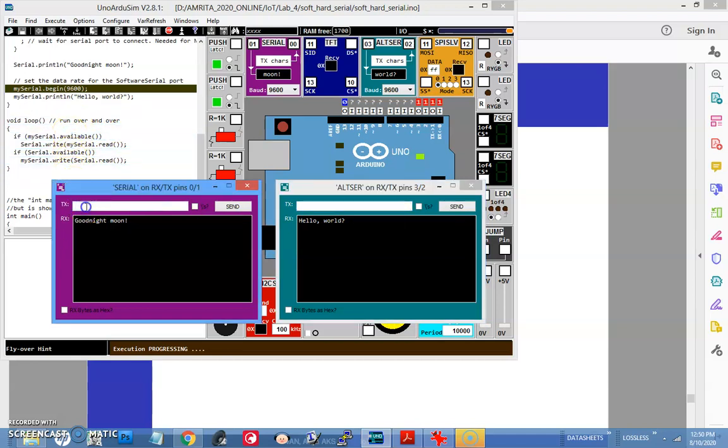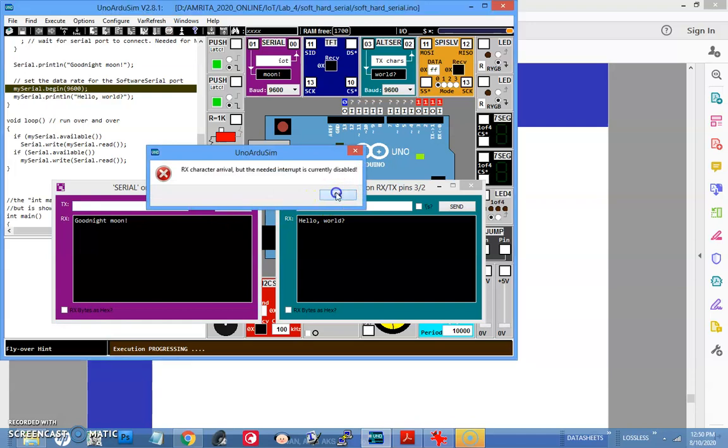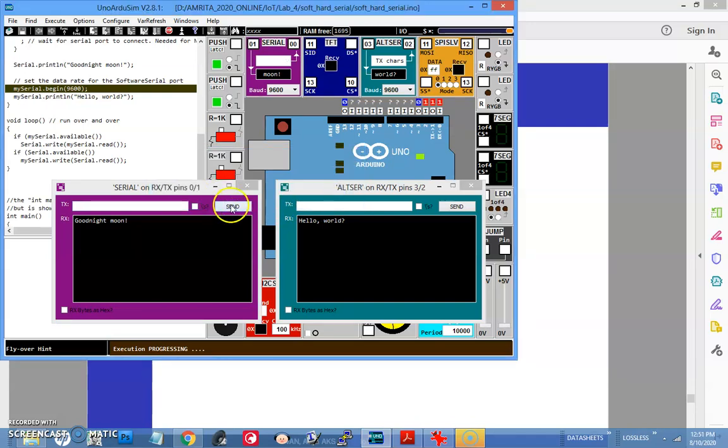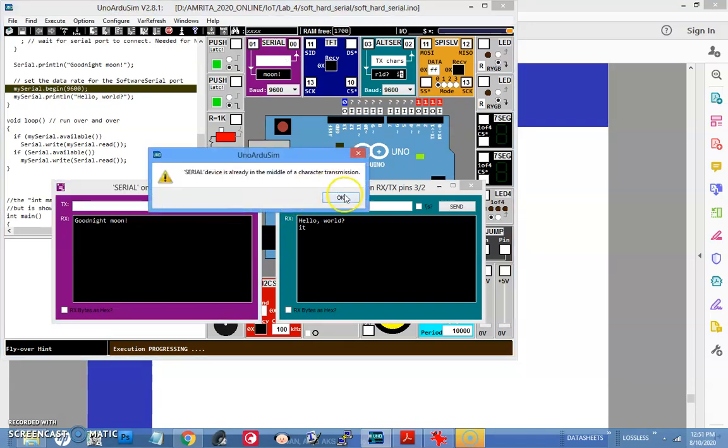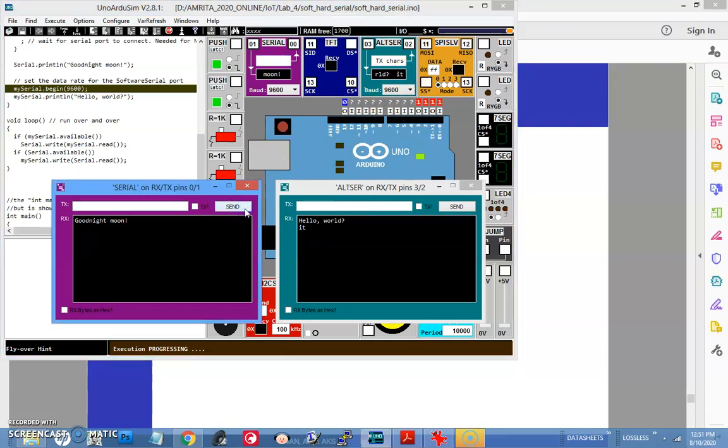Now if I type a character from my keyboard, IOT, and press send, it is received, IOT. It will take some time because it is sending at a lower rate. When the interrupts are enabled, it will start sending properly.